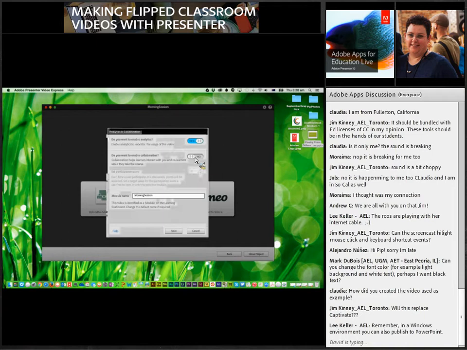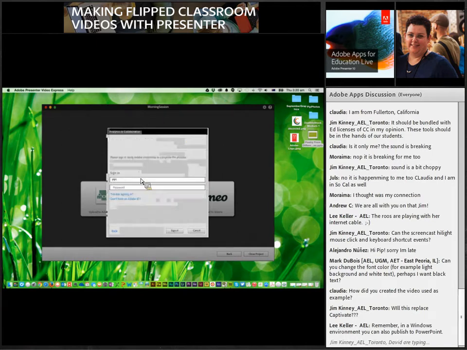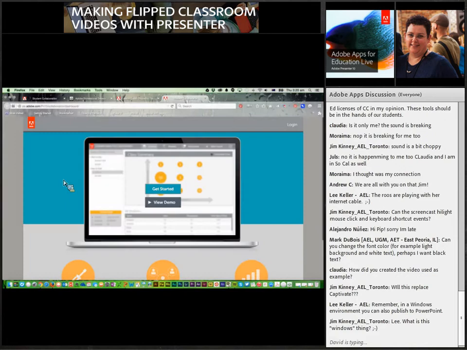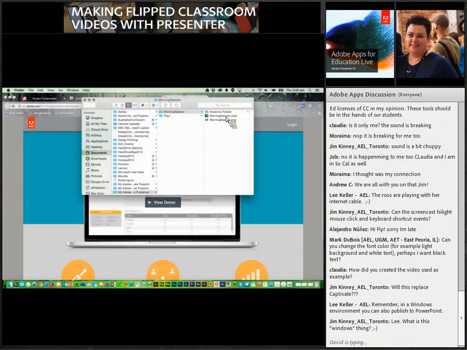Okay, there we go. Let's enable collaboration. This is called the morning session. That's what the module we call next. It's just asking me to log in for a second, and hit sign in. So then what that is going to do, I can pop into the learning dashboard area. This is the learning dashboard area,